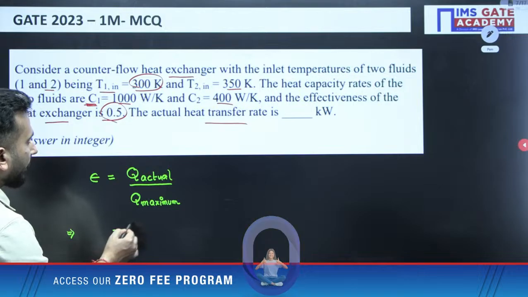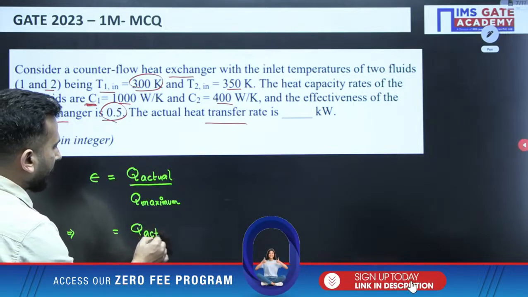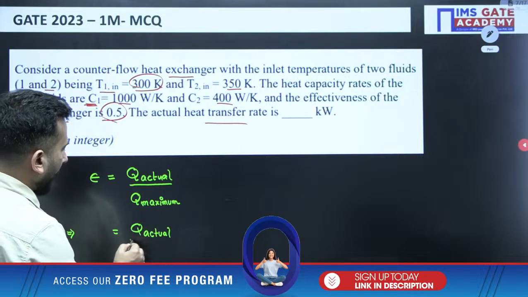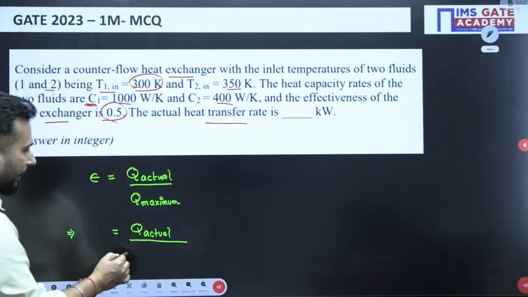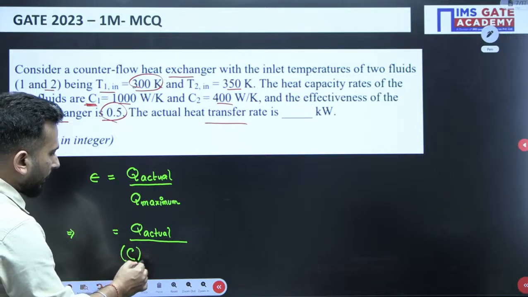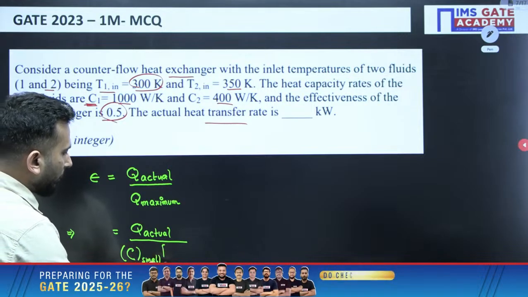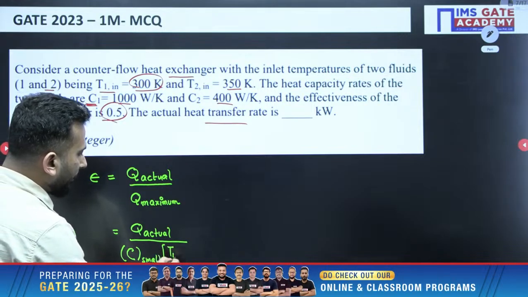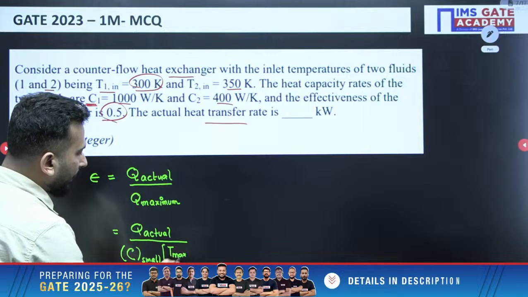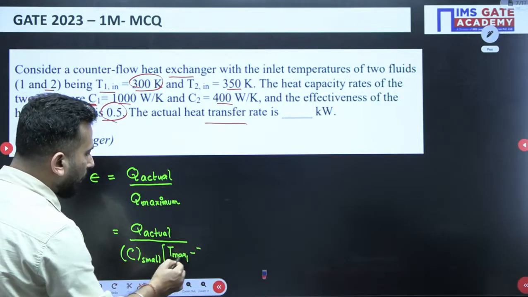He is asking the actual heat transfer. And what is the maximum? Maximum is the smaller value of the heat capacity rate into the maximum difference of the temperatures, that is T max, the hot fluid inlet